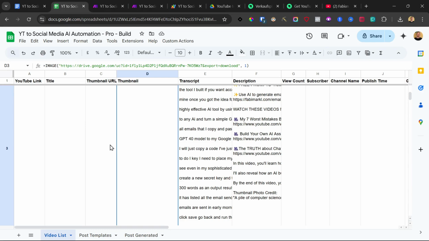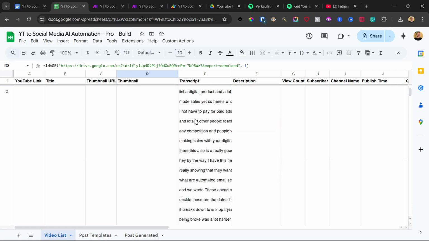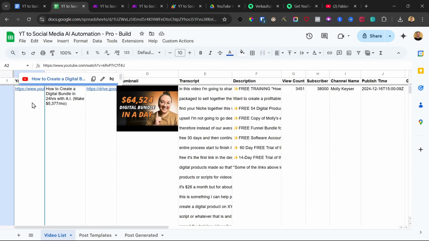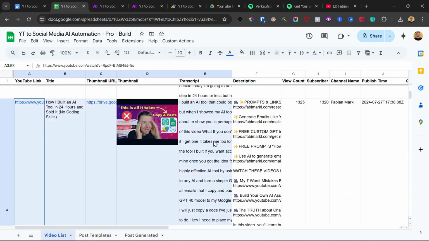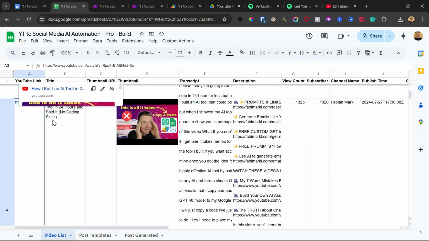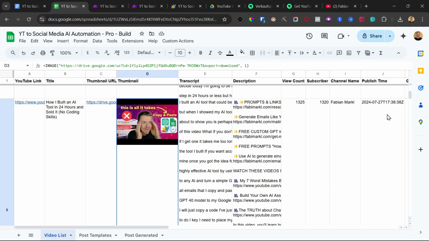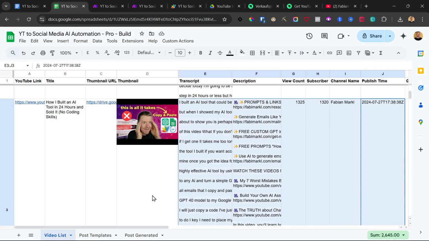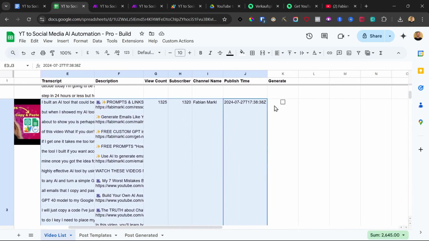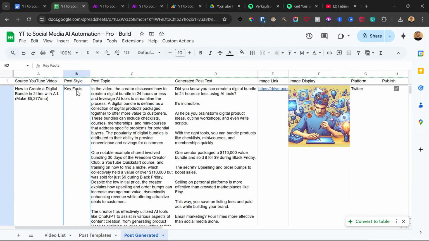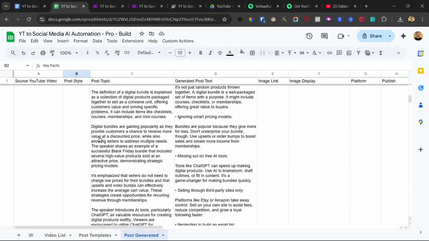In this video, I share with you the first setup process of the YouTube to social media automation. It allows you to turn any YouTube video: you just paste in the link here, and then it will get the transcript automatically, even the thumbnail, and give you some information about the video. And then you can click here on generate, and it will turn those videos into 3 different post styles